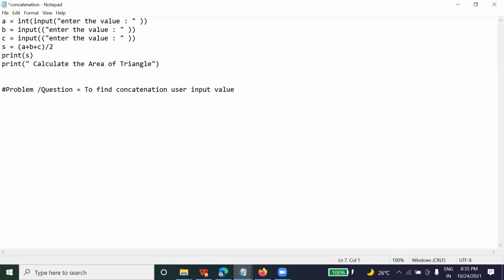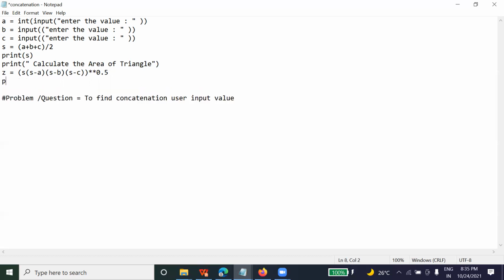Now, what is the area of a triangle? Suppose I take Z, and the area is S into S minus A, S minus B, S minus C, square root. How does it perform square root? Power 0.5. Yeah.